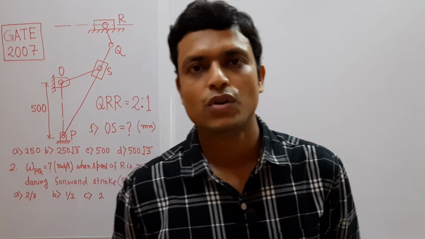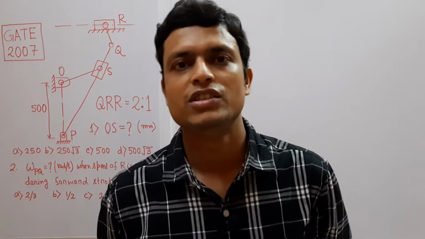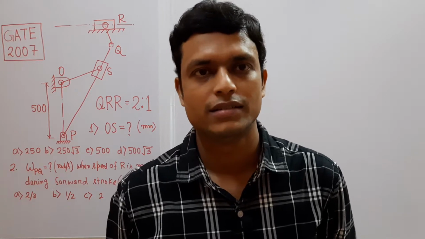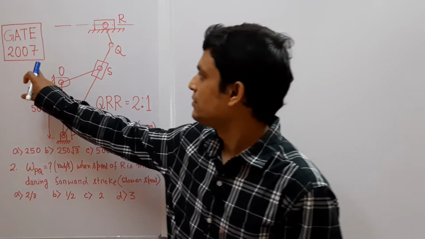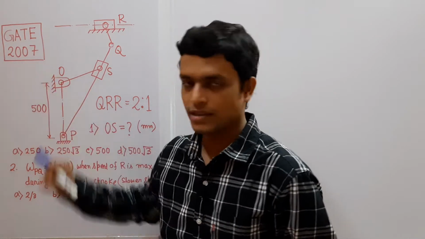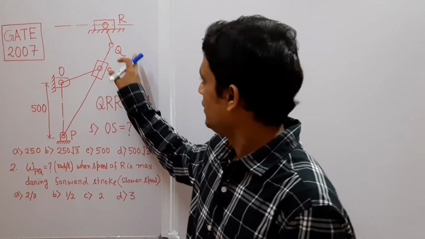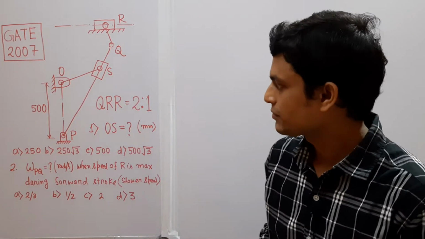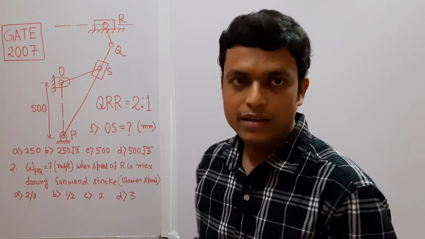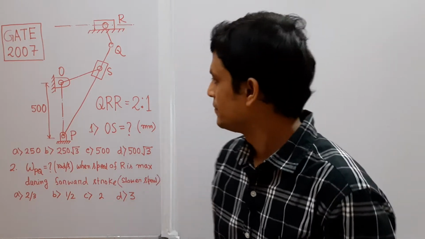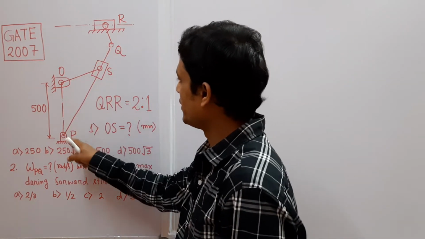Today we are going to solve a combined problem on displacement and velocity analysis. And this is a problem from GATE 2007 and regarding a quick return mechanism. So let me give the statement of the problem. This is a quick return mechanism